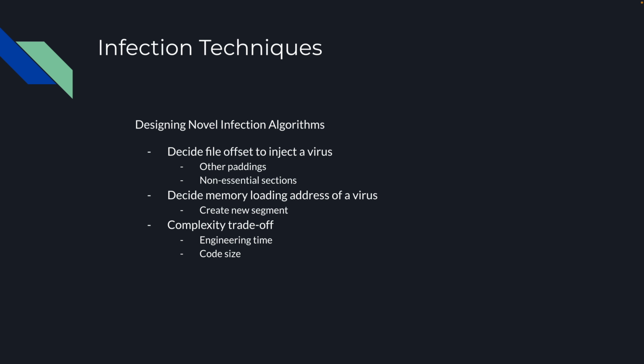Inspired by the PT node infection, perhaps there are other sections that are not needed for most programs to work. At runtime, we need to find a good place in memory for our virus. Can we create a new segment just for our virus without changing everything else? I'm sure we could come up with a brand new algorithm, but you also need to think about the complexity